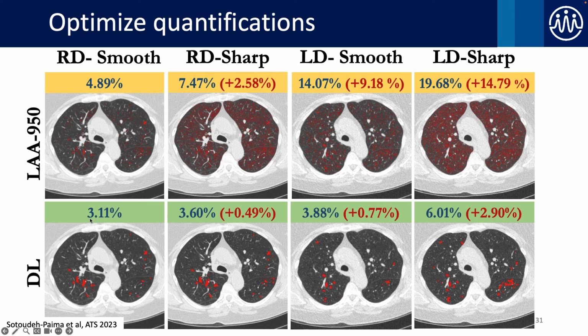But you see that we have done a pretty good job of making this more stable, going from 3 to 3.6 to 3.8 and 6% for this very high energy and low dose scan. So we have shown that our deep learning approach is helping with our quantification to make it more robust, because it's less susceptible to imaging conditions,